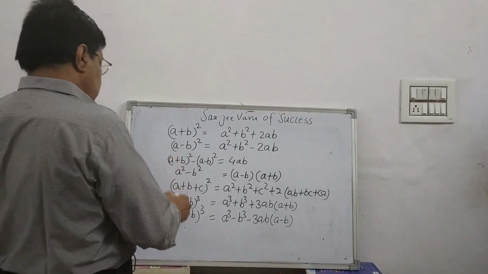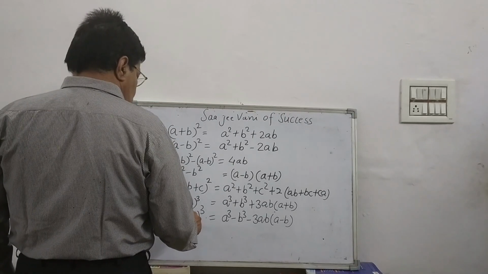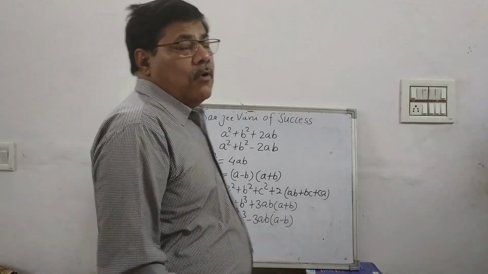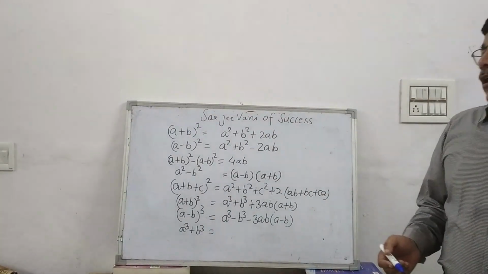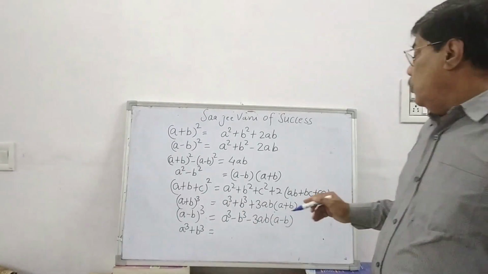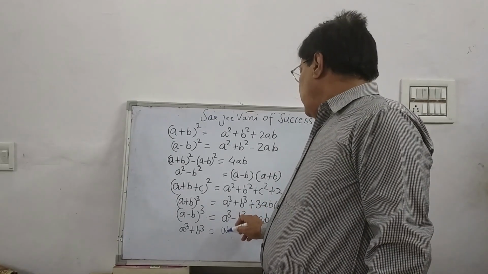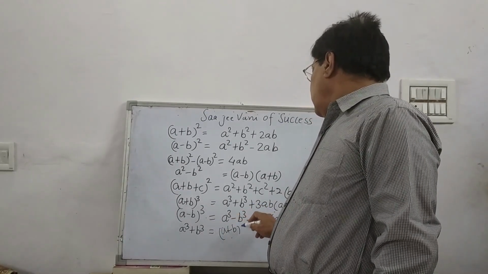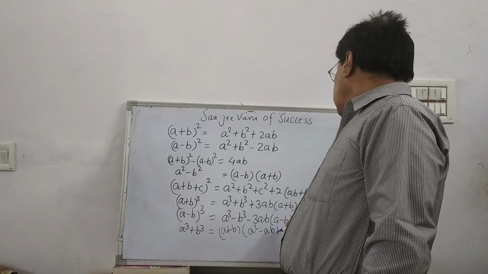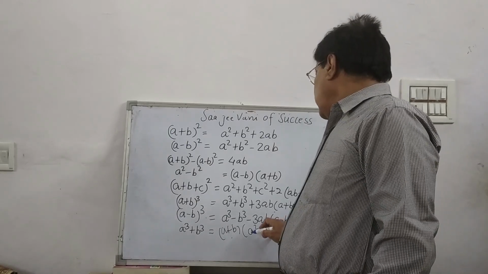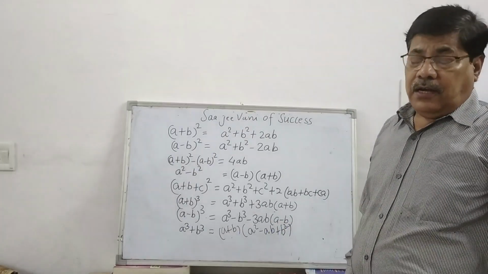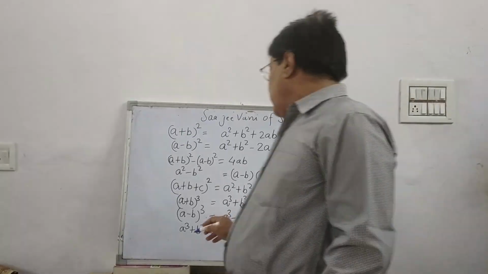Now next, what will be the expansion of a cube plus b cube? Though you have already been using it, any of you can tell me the expansion of a cube plus b cube. Okay, so what will be the expansion? a plus b, then a square, then put minus ab here, plus b square. Square of first term, minus product of a into b, plus square of second term. Then the expansion of a cube